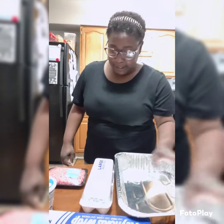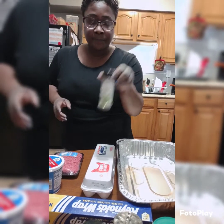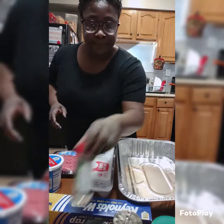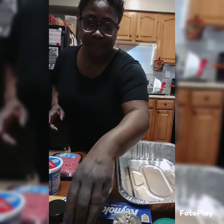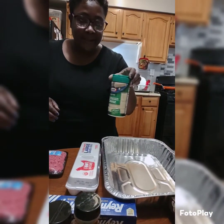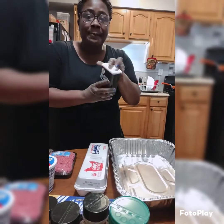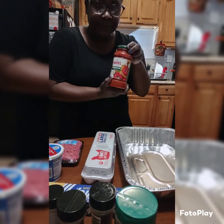I'm back at the house now from the supermarket. What you would need to make this lasagna is the ground beef, and I got 3 packs of this, the ricotta cheese. You would need some Italian seasoning, garlic powder, onion powder, basil, parsley, Parmesan cheese, black pepper, mushroom sauce, the pasta sauce,